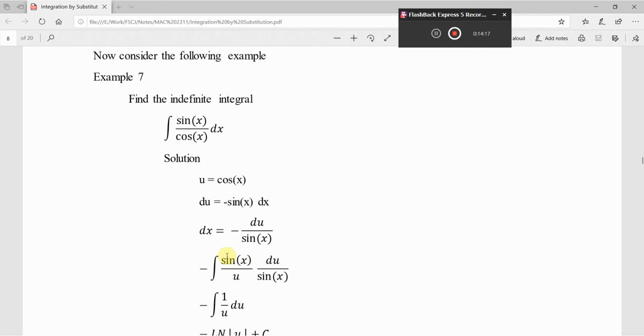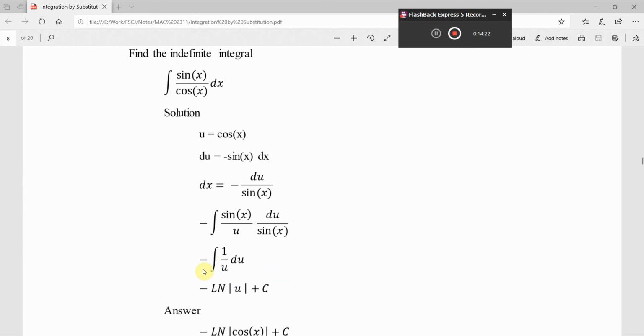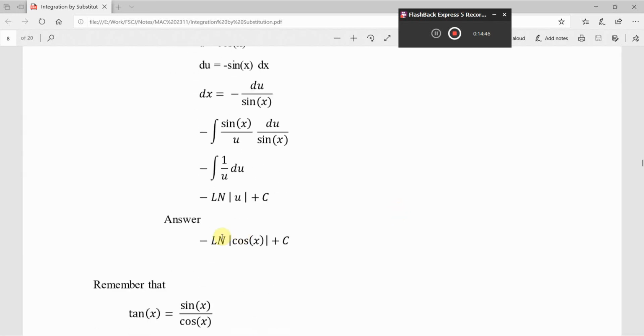And notice my sine of x's, those are going to cancel off. So this gives me the negative of the integral of 1 over u du. The antiderivative of 1 over u is our natural log. So I've got negative the natural log of the absolute value of u plus a constant. And then lastly, where the u is located, I'm going to replace that with a cosine of x. So I get the negative of the natural log of the absolute value of cosine of